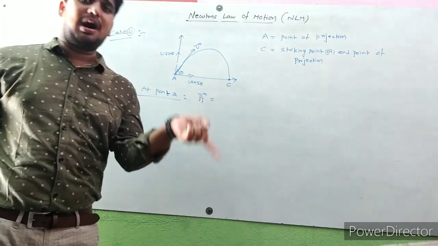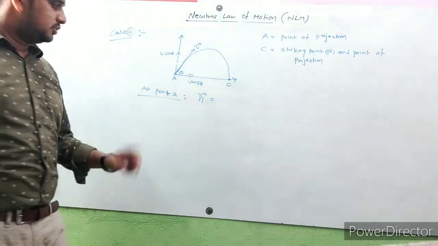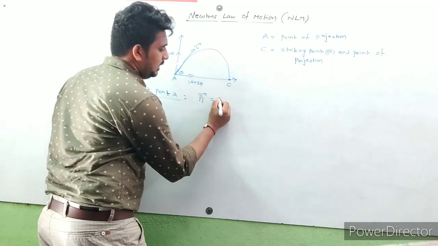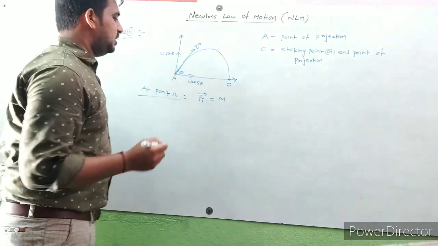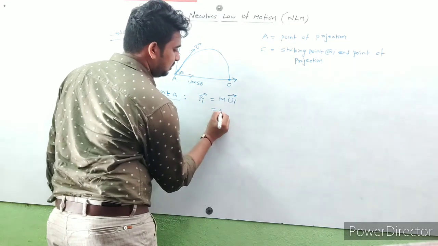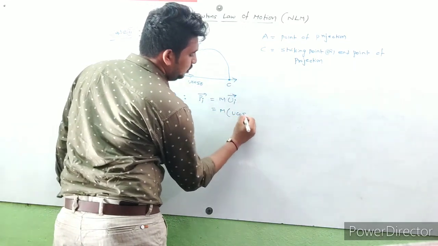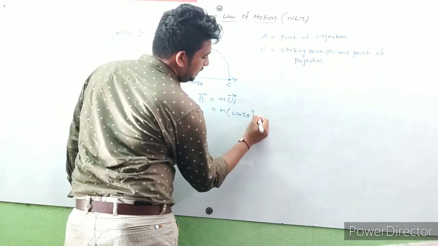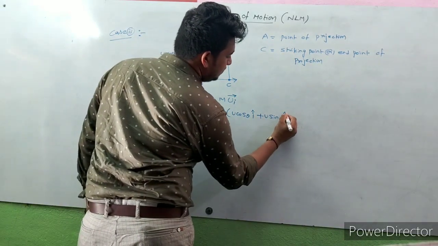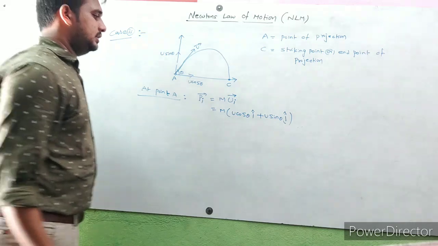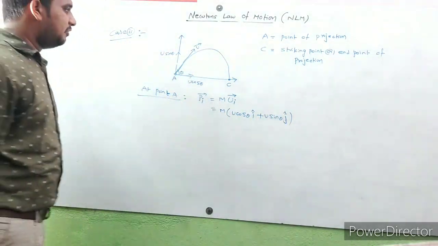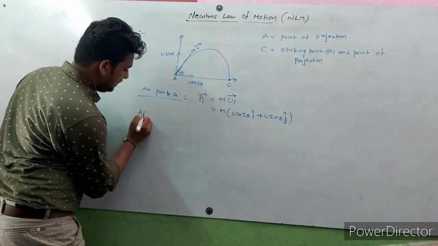Here momentum means mass into velocity, so we consider mass also. So pi bar is equal to m into ui bar, that means m into u cos theta i cap plus u sin theta j cap. So pf bar at point C,